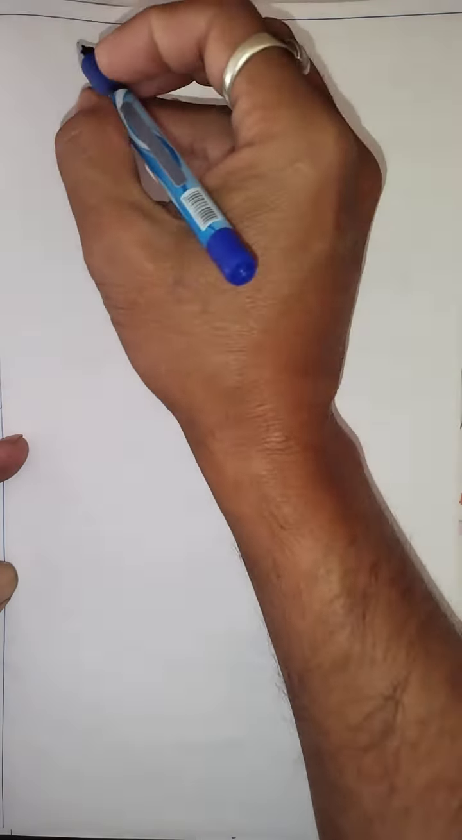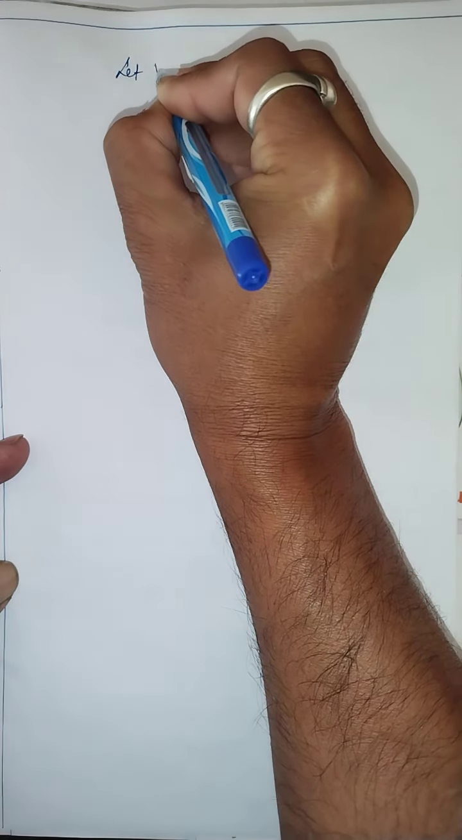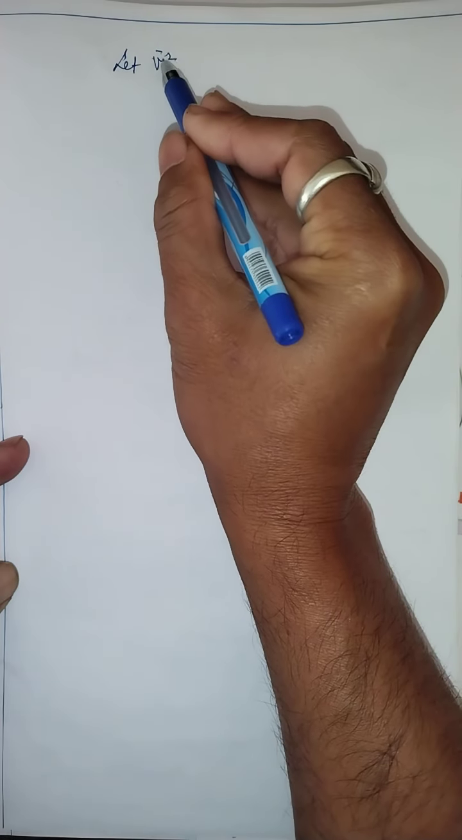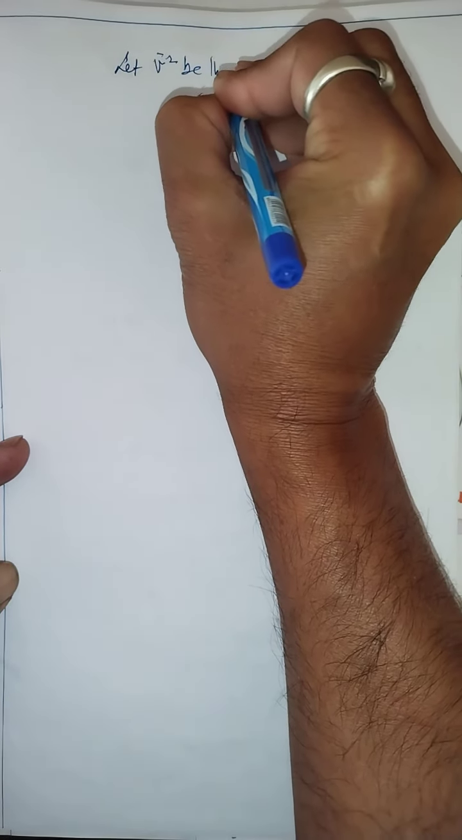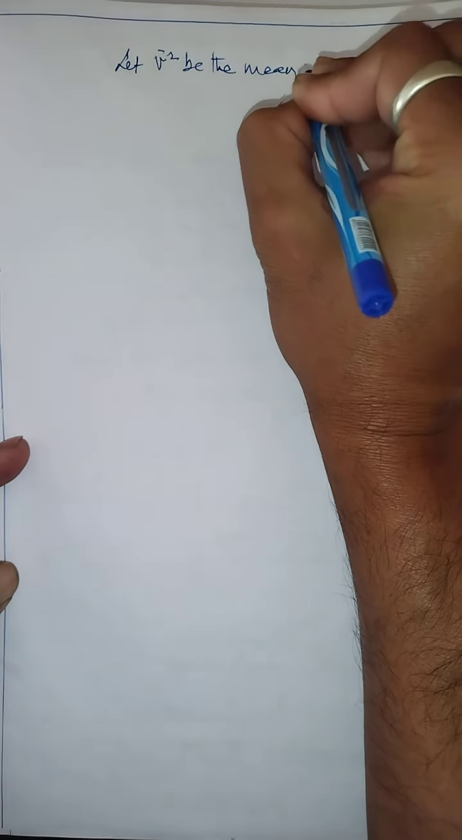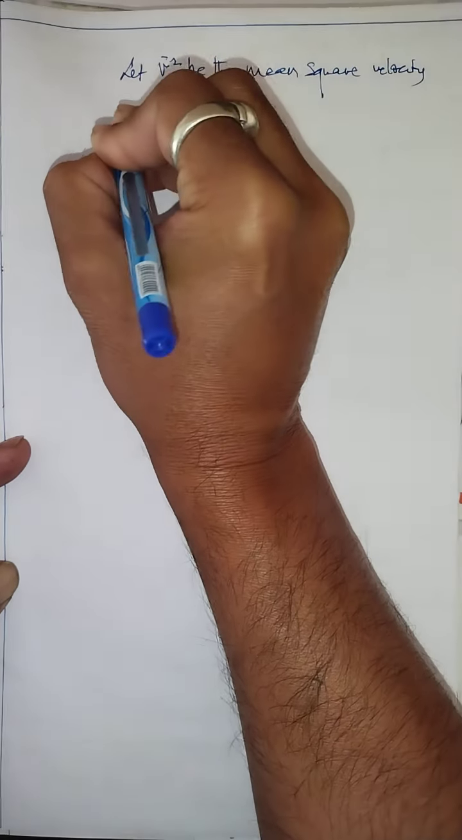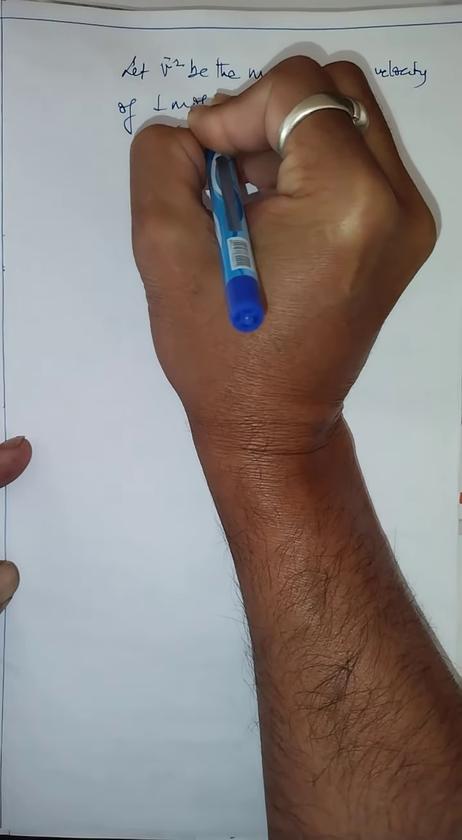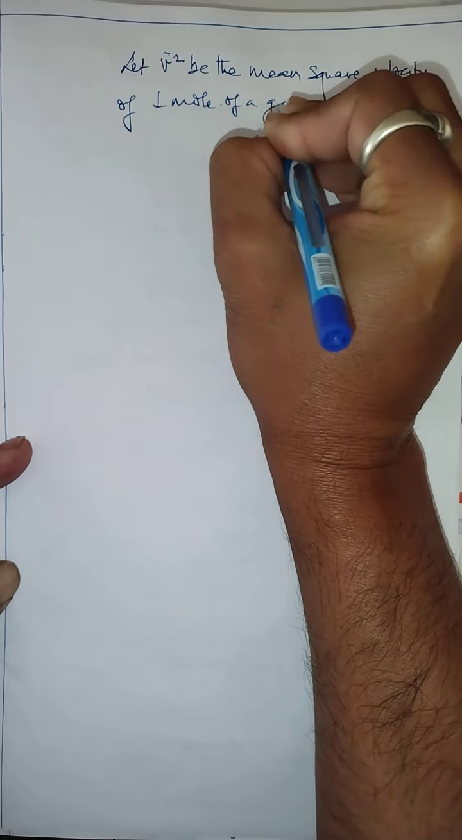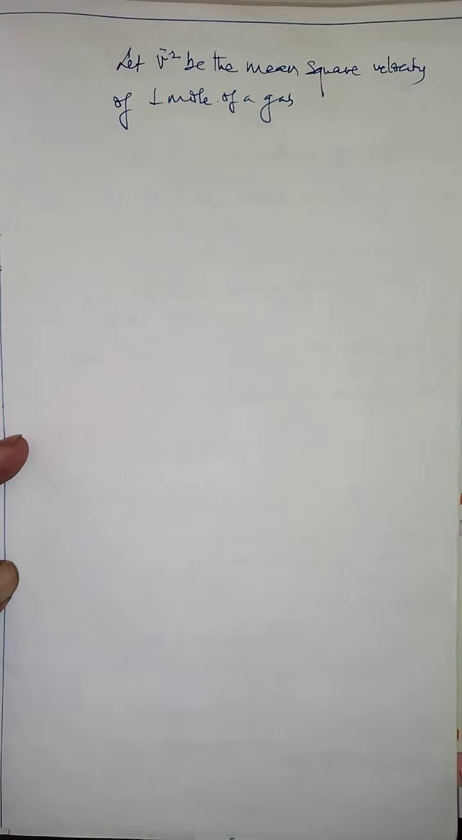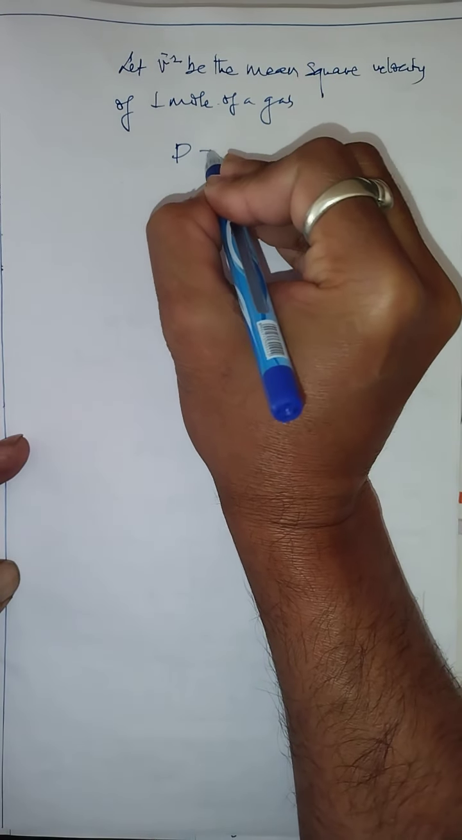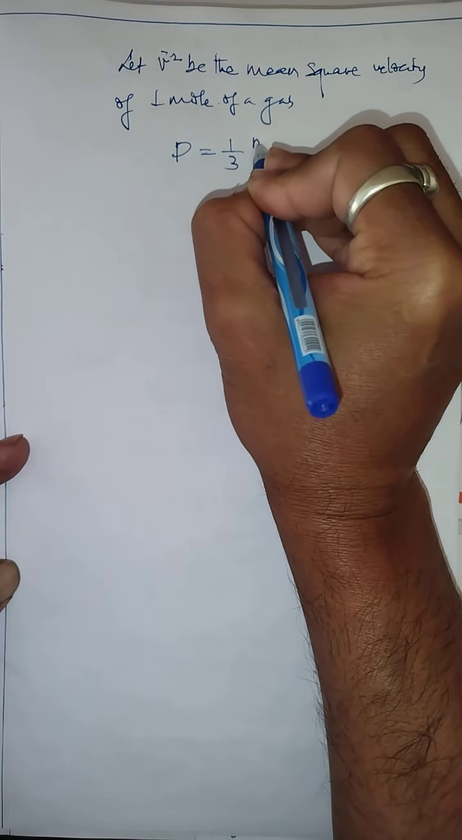And children, you know that whatever number of molecules are present, whether it's 1 mole or 2 moles, they all move with a velocity called mean square velocity. Again in a similar way, let c-bar square be the mean square velocity of 1 mole of gas. So we are dealing with 1 mole of a gas. Under this also we can write the pressure. So pressure P equals 1/3 of m into capital N,